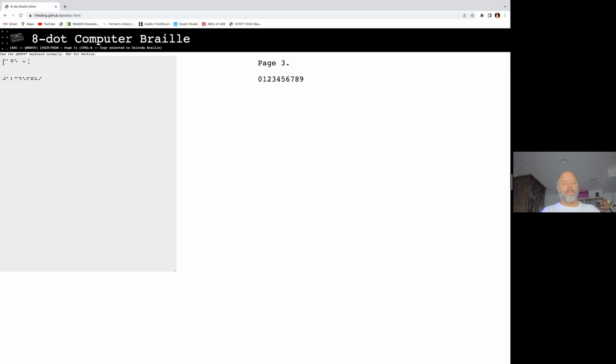So if I'm going to edit it to see the pattern in Braille, this is kind of an interesting pattern. It's mod 10: A, B, C, D, E, F, G, H, I, J. So 1 through 9 and then going to 0 is basically the same pattern, just shifted down in 8-dot Braille. But at least you have the mark so you can tell the difference. And then when you go on, J, K, L, M, N, O, P, Q, R, S, T, you'll notice it's the same pattern where there's just been a dot turned on, dot 3. And then U,